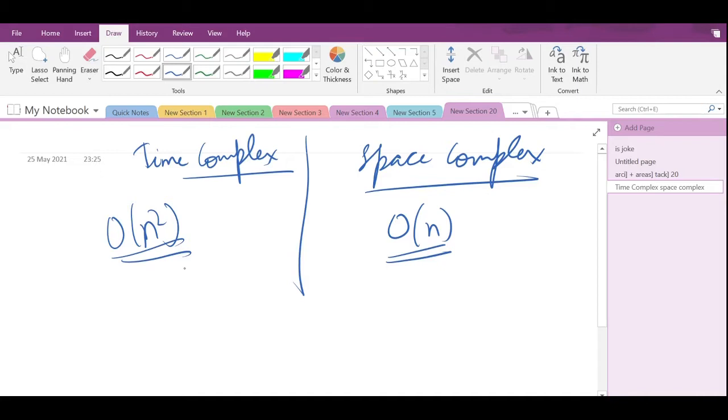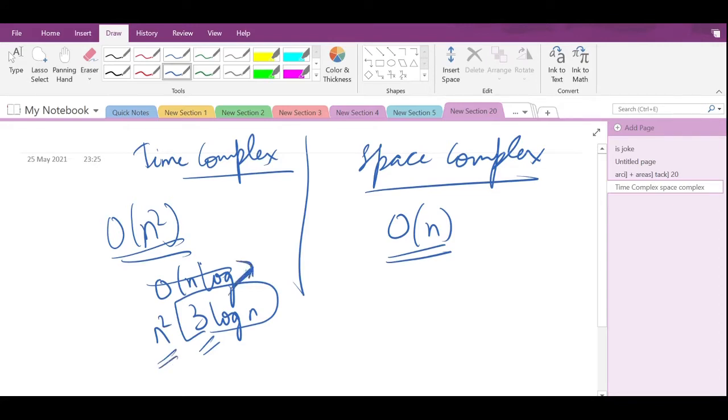While checking, sometimes I do an operation which costs a log, but that is like a linear or constant operation.